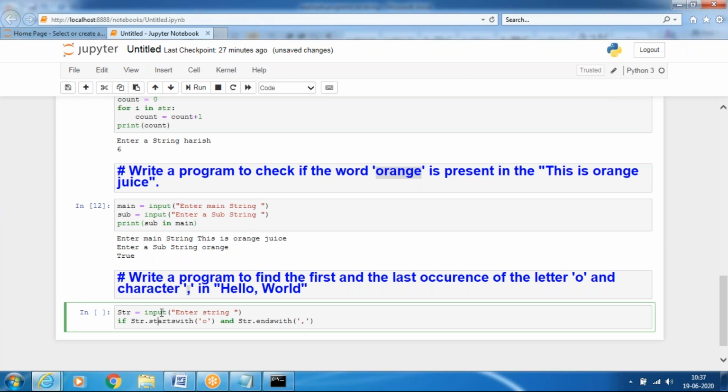Directly I will use the print, not if. Otherwise false. Print.